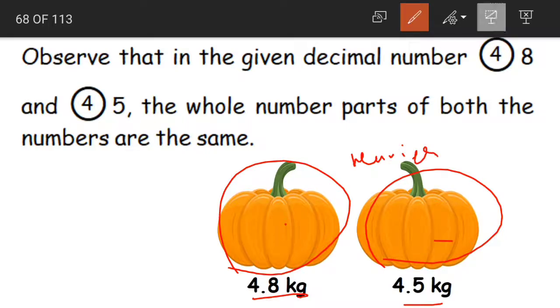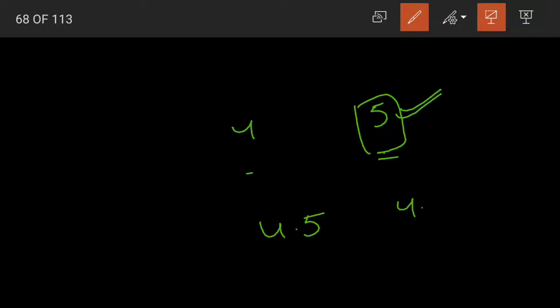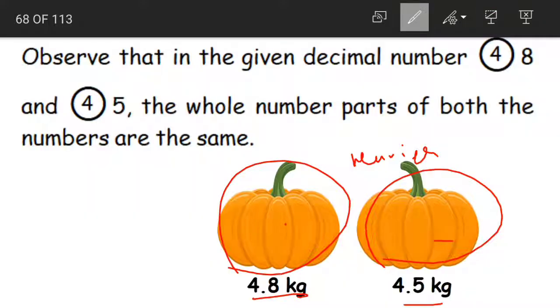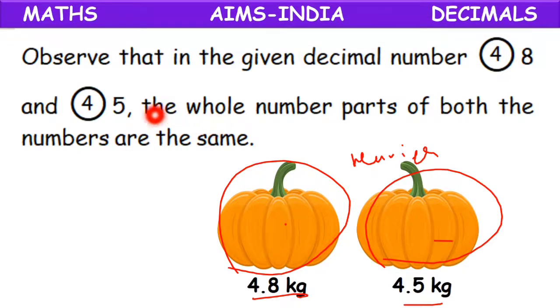That means which pumpkin's weight is more. Suppose if it was 4 kgs and 5 kgs, we know that 5 is the bigger number here. So we would have said the pumpkin that is weighing 5 kgs is heavier. But here we are having decimal numbers, that are 4.5 and 4.8. We do not know how to compare them, right? So that is what we are going to learn now.